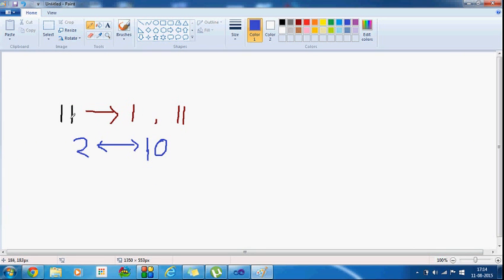I have to check whether the number is divisible from 2 to 10 or not. I have to check multiple times, but the number of iterations is fixed.